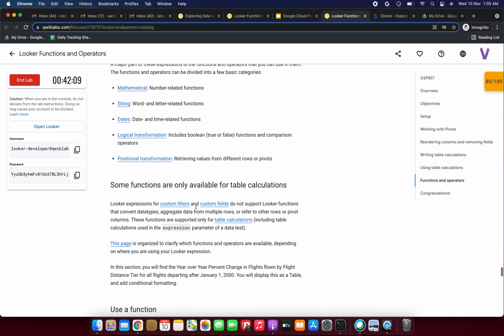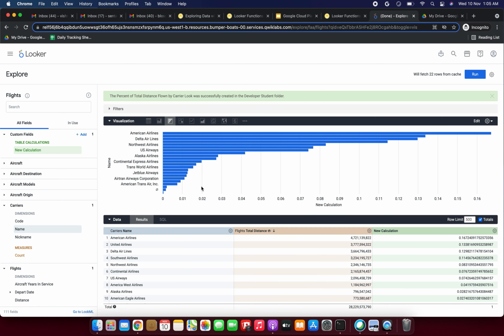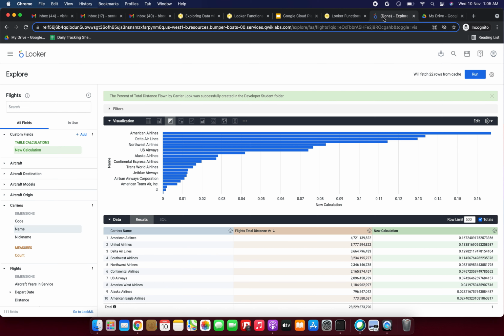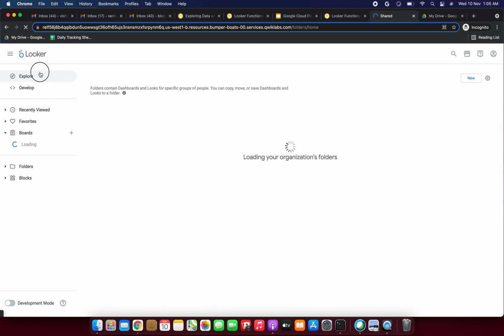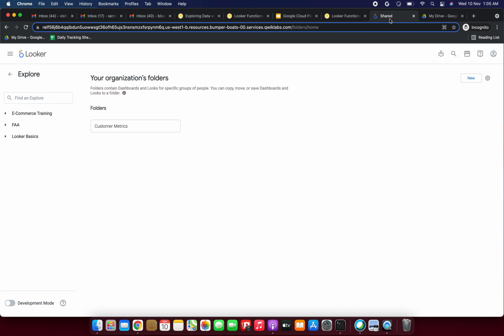Next we will move on to functions and operators, using a function. So likewise, in the Looker navigation menu, click explore. Just click Looker, go to that explore, click explore, and the same FAA flights.